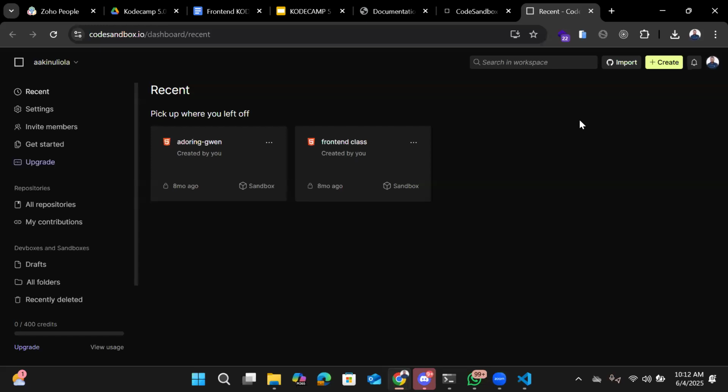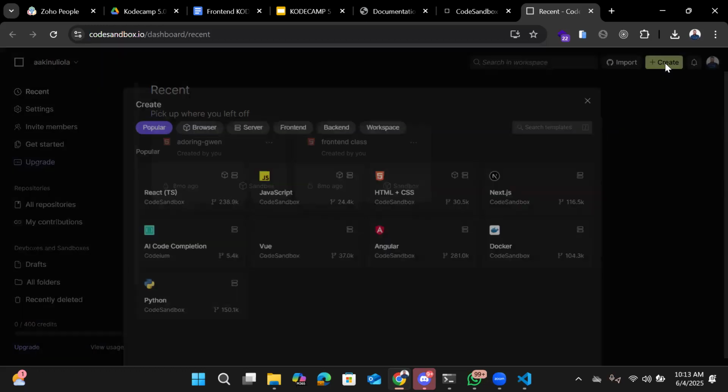So this is how we are going to make use of CodeSandbox. Should we just use CodeSandbox today, and then by next class, we go into using Visual Studio Code? I think that's going to be better so that you can have a feel of how it's going to look. So the first thing we are going to do is create,